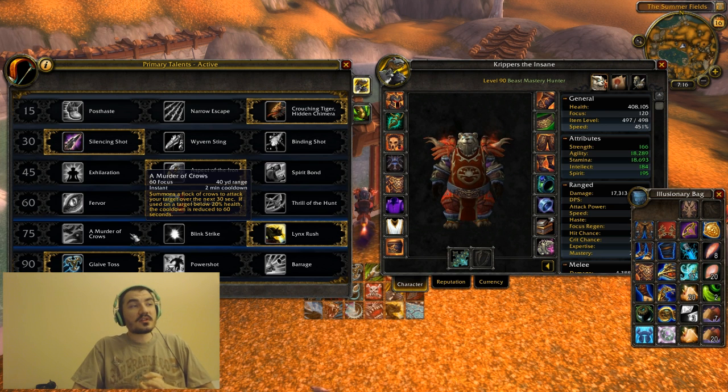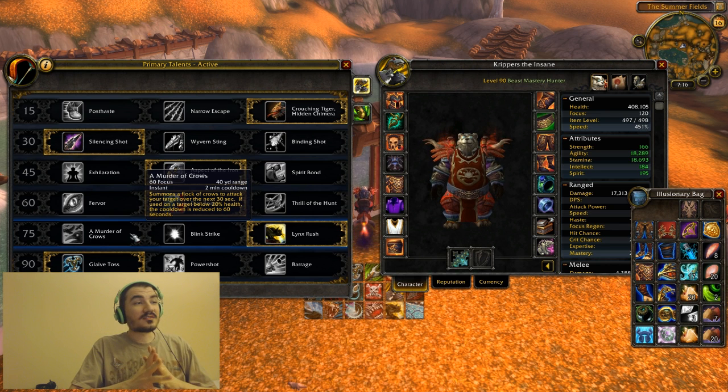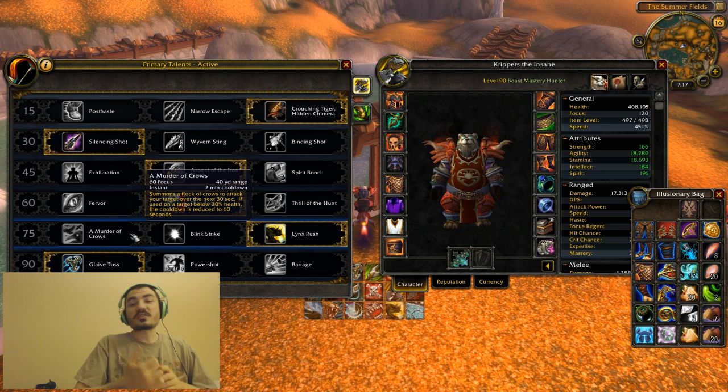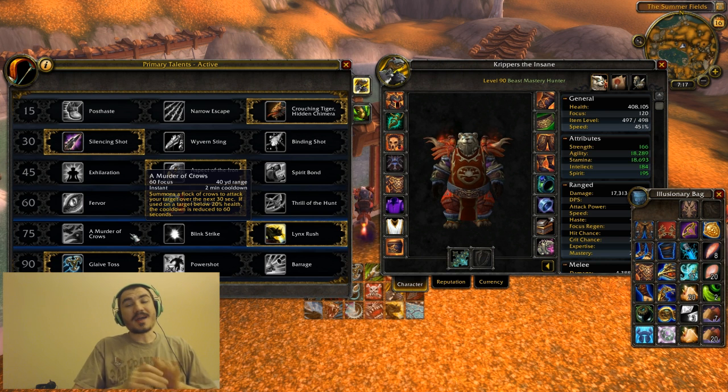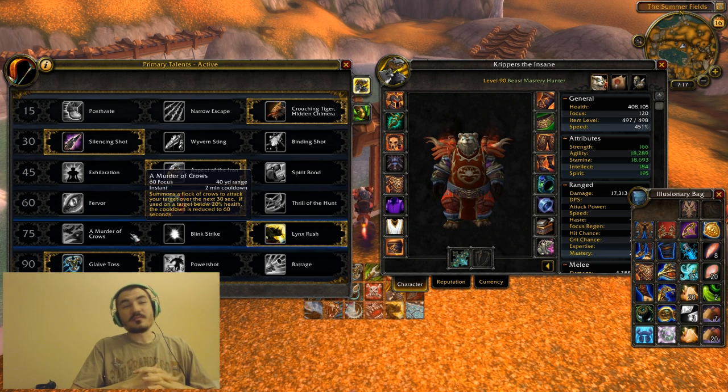Some people like to use Murder of Crows. Murder of Crows is fine, but Murder of Crows has some issues where it's like a 20-second, or is it 30 seconds? A 30-second debuff on the target, and you can't stack it. So if you use Murder of Crows, Readiness, Murder of Crows, absolutely wasted. So you have to keep that in mind. When you use Murder of Crows, the debuff won't stack, and I haven't used the ability enough, but I do